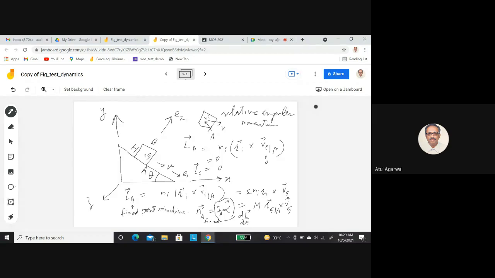Moment of forces about point A fixed has to be dL by dt. And what is dL by dt? It will come from here. This is the mass. What is the derivative of this? First we take the derivative of r, which will be the velocity of point G cross Vg. I am using the product rule of differentiation, plus r cross acceleration of the block. The acceleration of point G is just the derivative of Vg, so this term is 0.